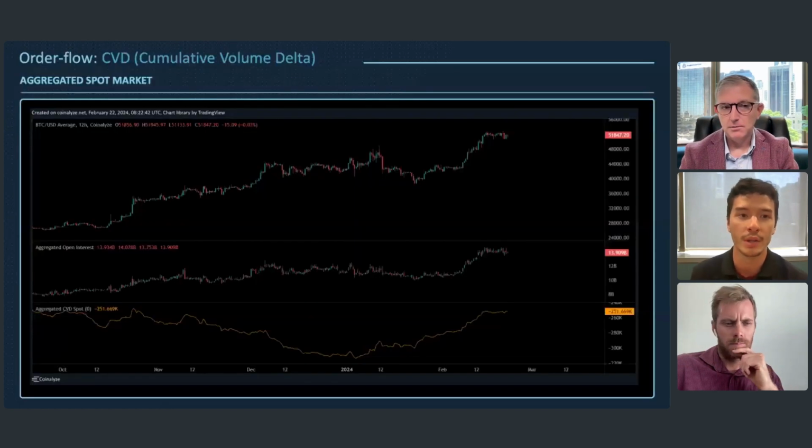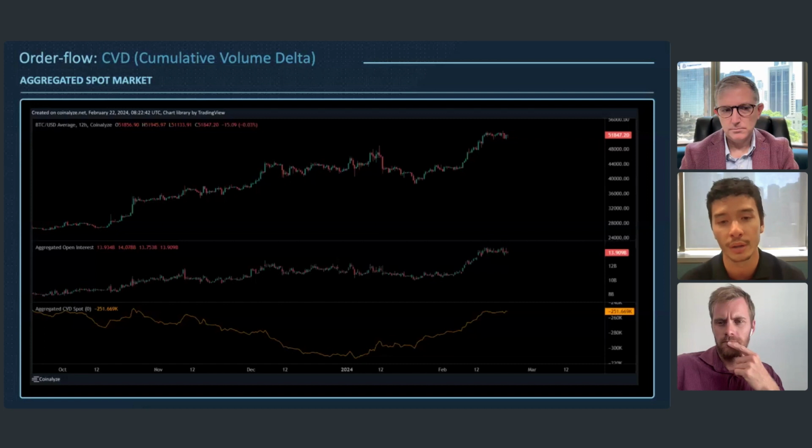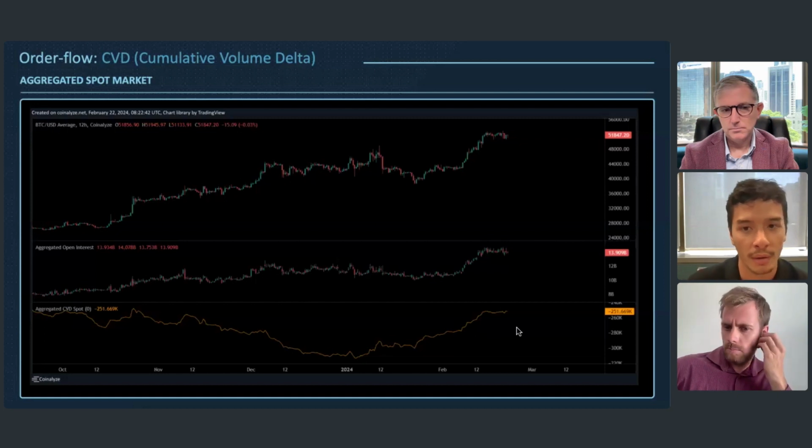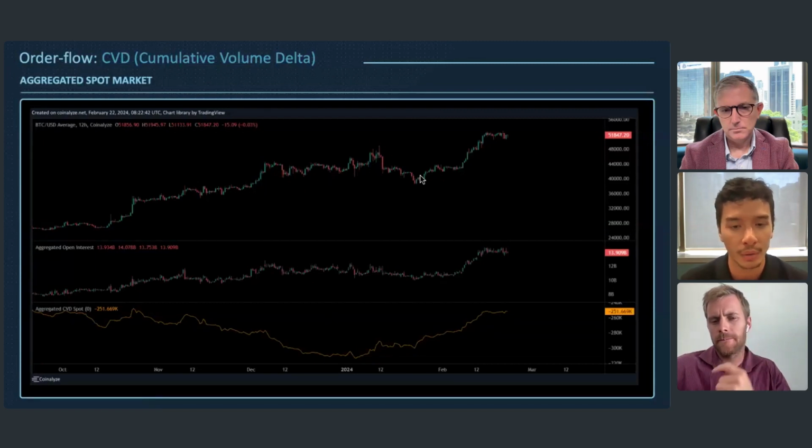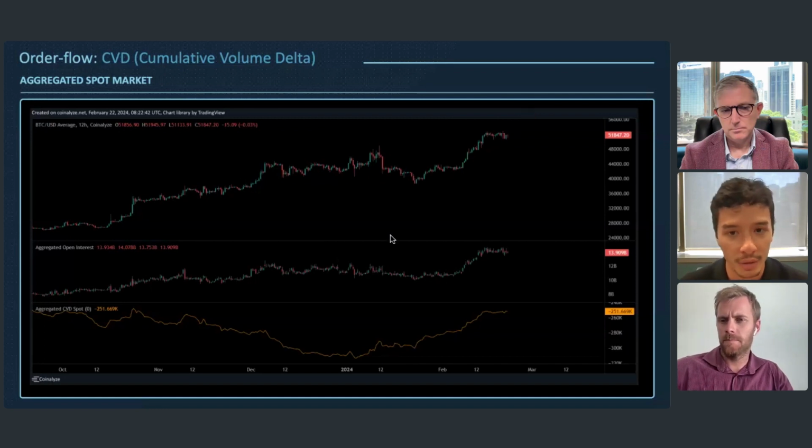Yeah. All right. So this one is the order flow. It's the CVD. I like to use this one a lot. It's the cumulative volume delta. It sort of tells you the health of the move. This is really going into the skeleton of the price, and accompanying that with open interest to tell you, are we seeing trades enter, positions enter, or positions exit. So this is the spot market. The spot market really is telling you, this one tracks, to me, more long term, right? This is why I've done it on a 12-hour chart so we can sort of extrapolate that back further to October. What we've seen is decently good price action and a healthy move, especially with the ETFs coming in here